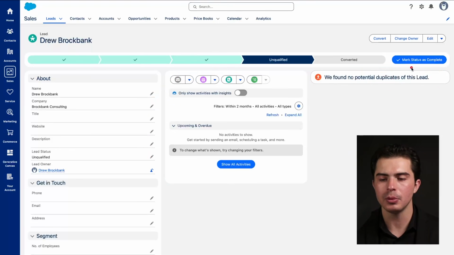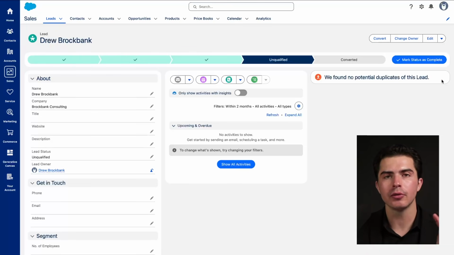Salesforce will try to find a duplicate. And you've got to be careful with this terminology, duplicate of lead, because technically someone, Drew Brockbank from Brockbank Consulting, for example, could go on your website and fill out 2 different forms. Now you have a decision to make. That form can either update the lead, you can make it update the lead, or you can make the form